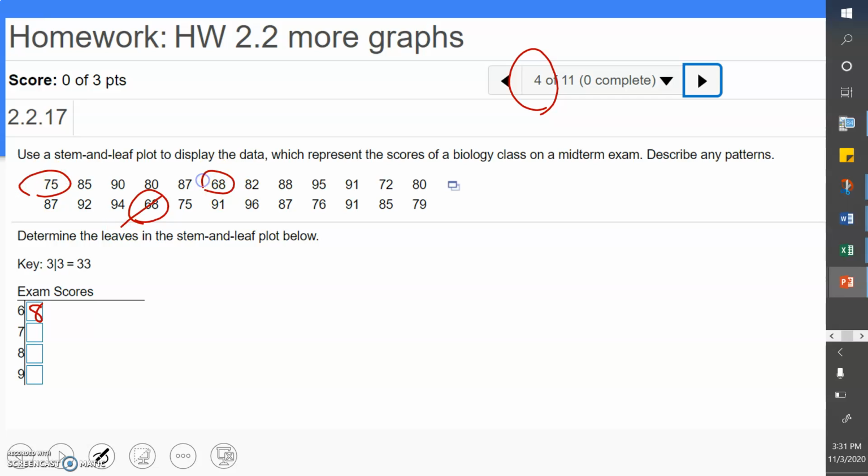Oh, I forgot a 68. My bad. There's a 7, there's a 7. Okay, what's the smallest one? 72. And then 75. And then 75. And 76. And 79. And then we have 8,